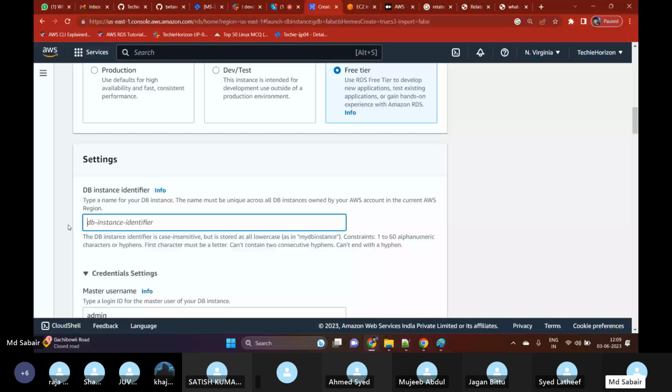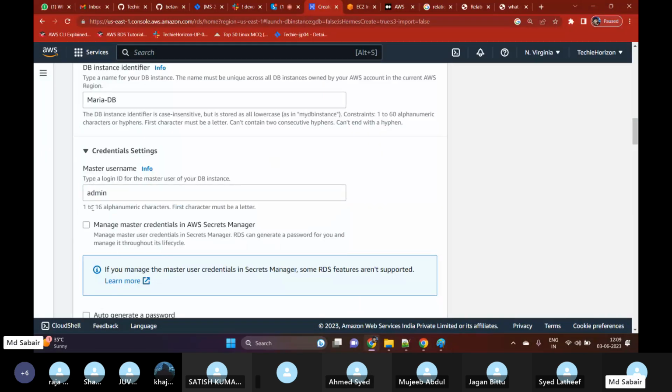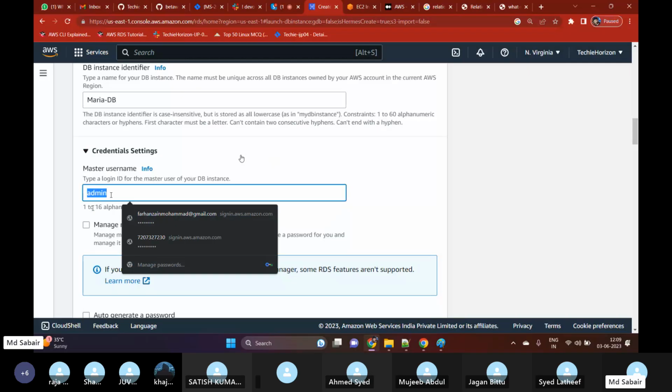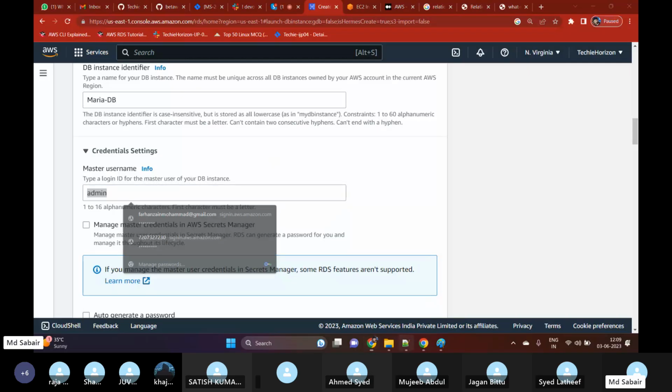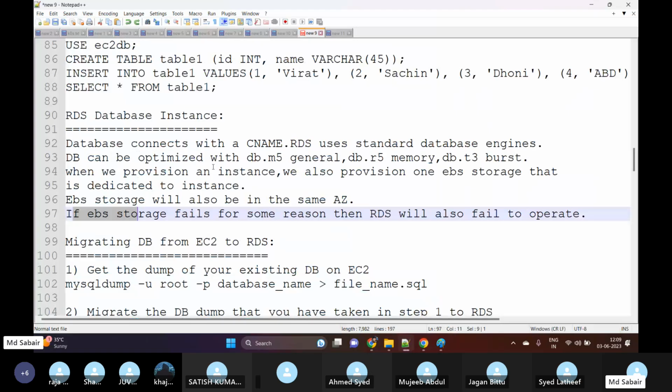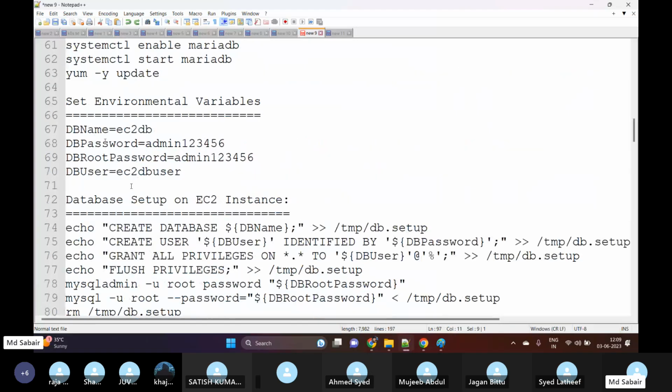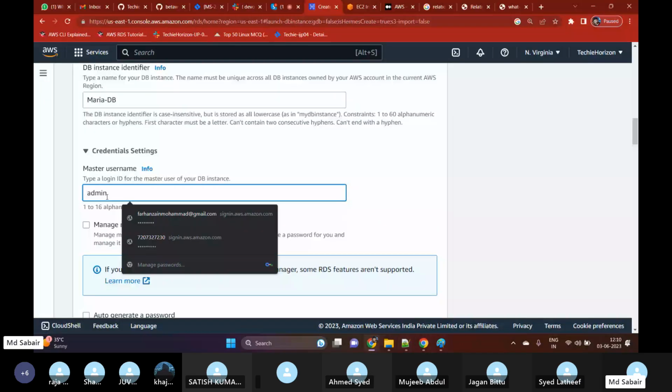And the username means the login ID. What credential do you want to create? Admin is the username I want to use to log in. Here, if you see, we have created some usernames and passwords, right? Similar to this, we are trying to create the username, sorry, admin, and then I will create